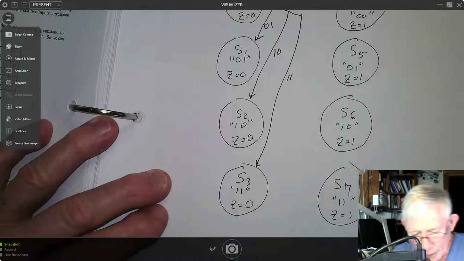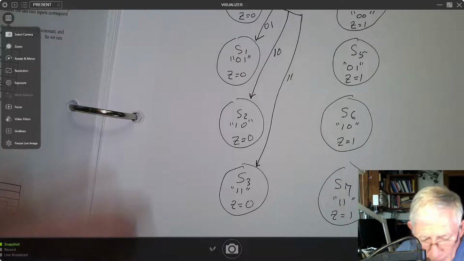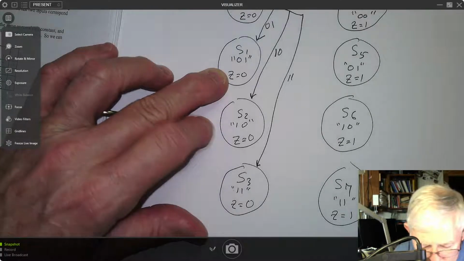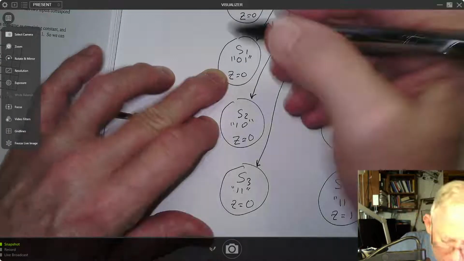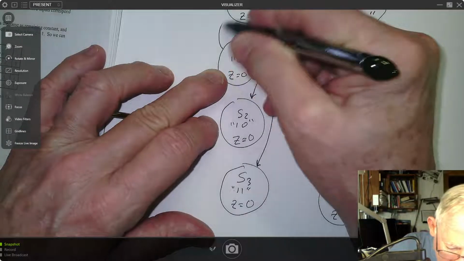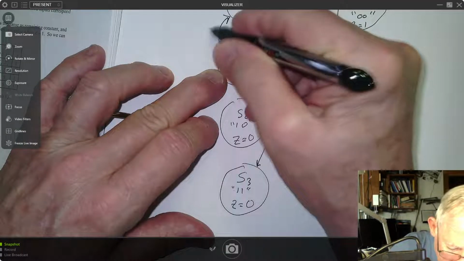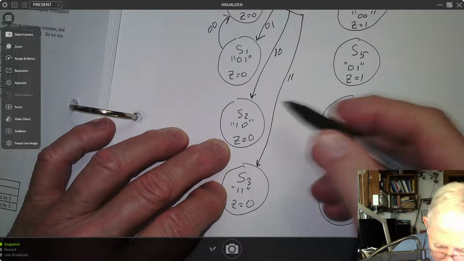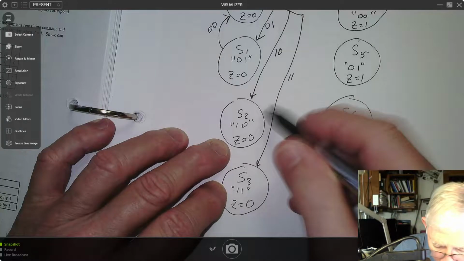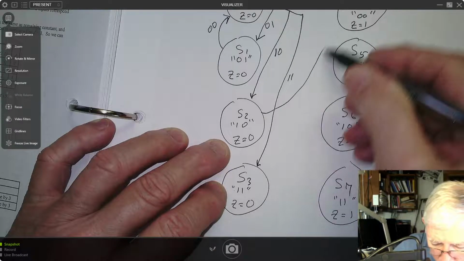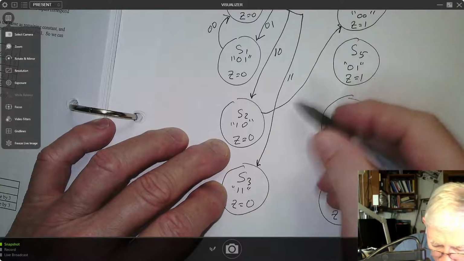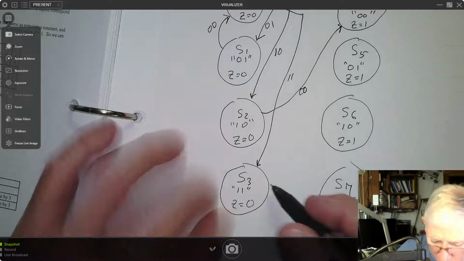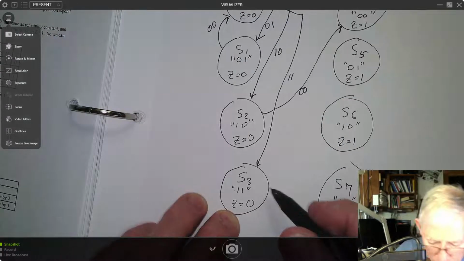All right, now if we have a 0, 1, and we get a 0, 0, then we're always going to go back to here on a 0, 0 and have z equal to 0. If we get a 1, 0, now we'll go back to 0, 0. So we're going to go there on a 0, 0. But z is going to equal 1. And then on 1, 1,